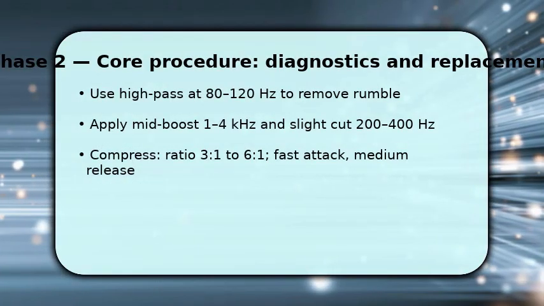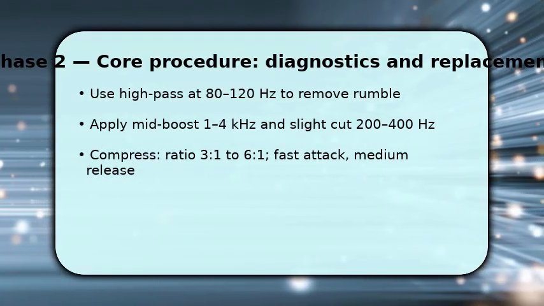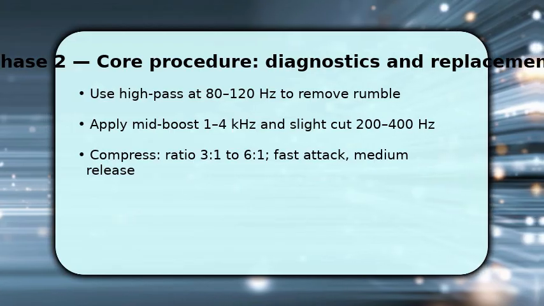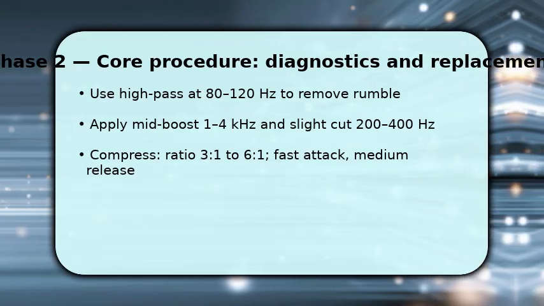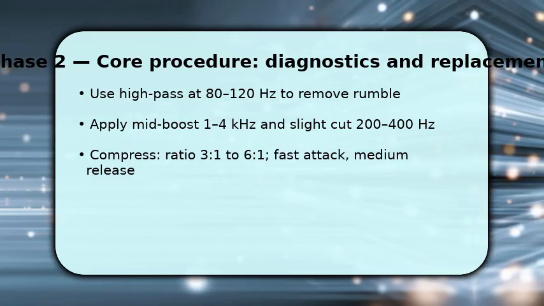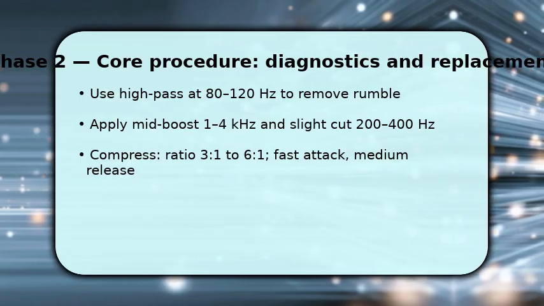Now you sculpt tone. Insert Bandlab EQ and set a high pass around 80 to 120 Hz to remove low rumble that muddies radio voices. Boost a narrow band between 1 and 4 kHz to bring intelligibility forward, while trimming 200 to 400 Hz to